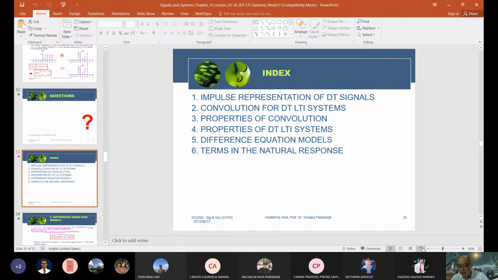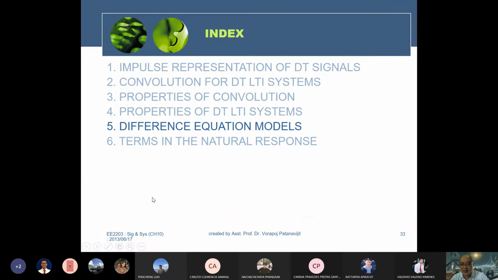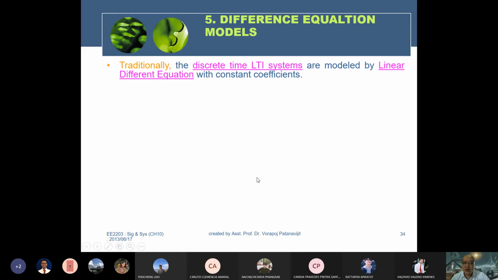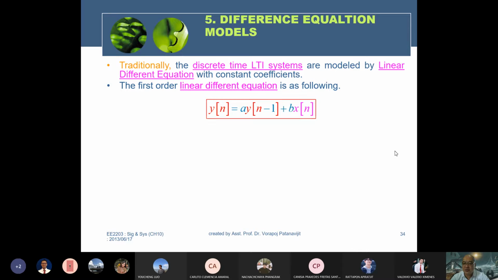Okay, now the last two topics: the difference equation model and the term in the natural response. Traditionally, discrete-time LTI systems are modeled by the linear difference equation with constant coefficients. The first order linear difference equation will be modeled here. The difference equation is different